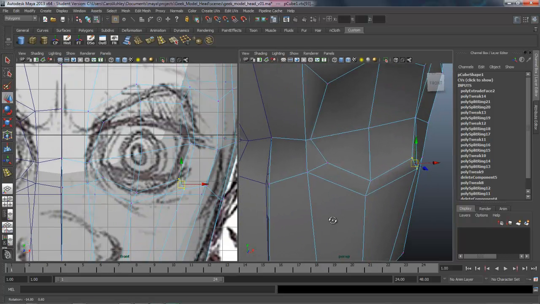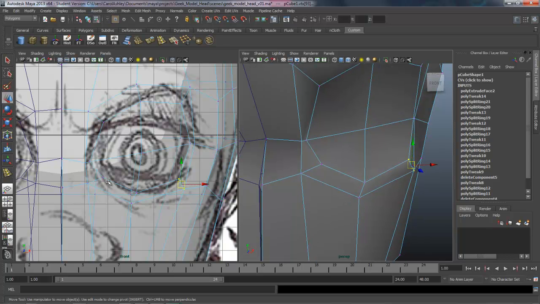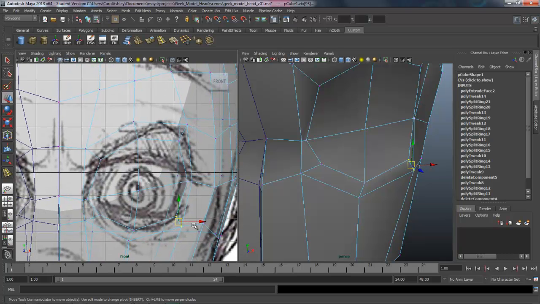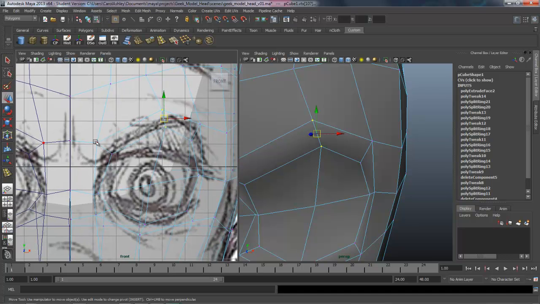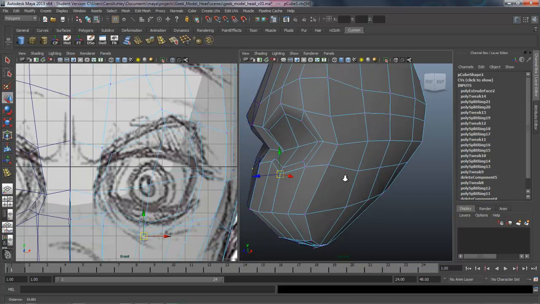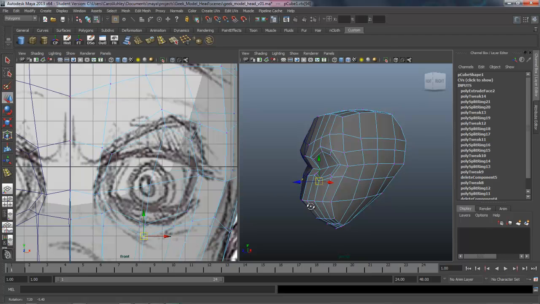Okay. And this angle's down here, and then the lid sort of kind of comes across straight here. So I'm just sort of following the eye socket itself. Grabbing these here. Okay, so there we go. Getting that angle right there. Again, this is pretty non-traditional eye that we're modeling here. Okay, just straightening that out right there. So this is about where our character should be at this point.